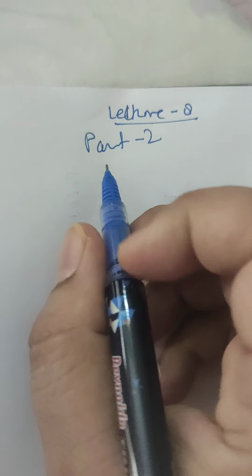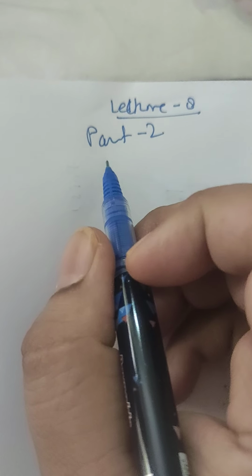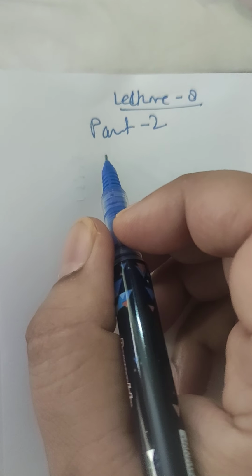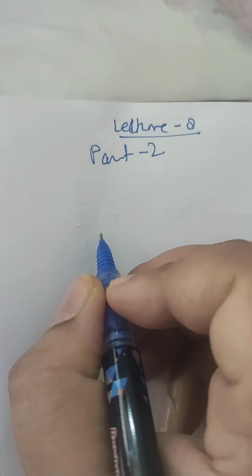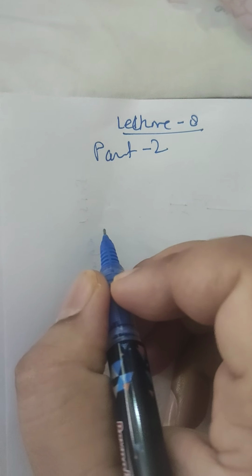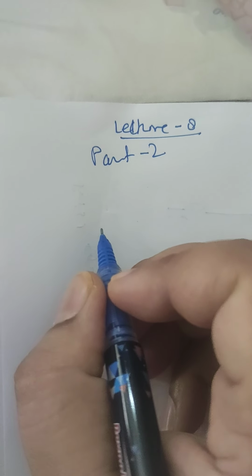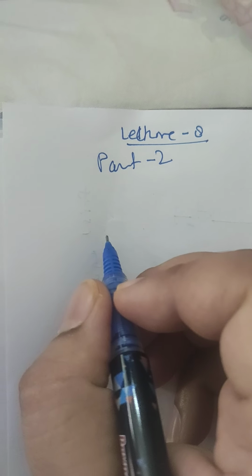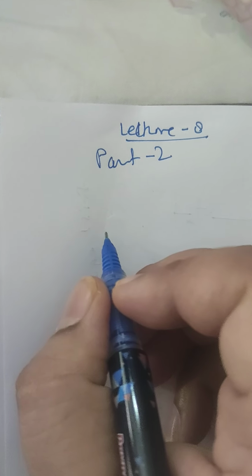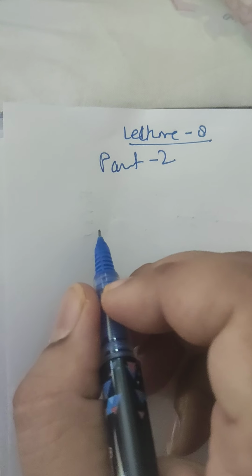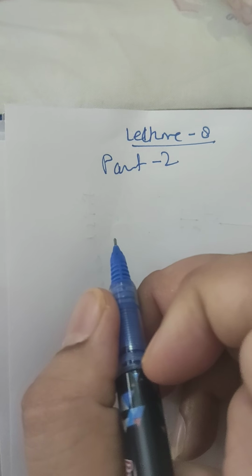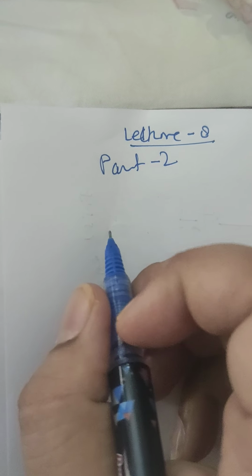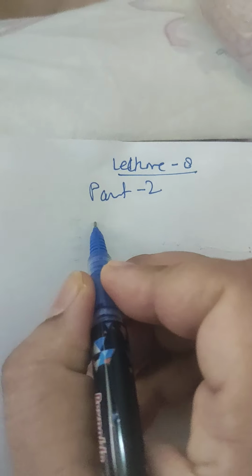In the previous lecture we recapped free space propagation and dealt with the free space equation. During the derivation we saw that the free space equation is valid only in the far field. This model shows only the direct line of sight, so it is only for LOS signals. So there are certain drawbacks